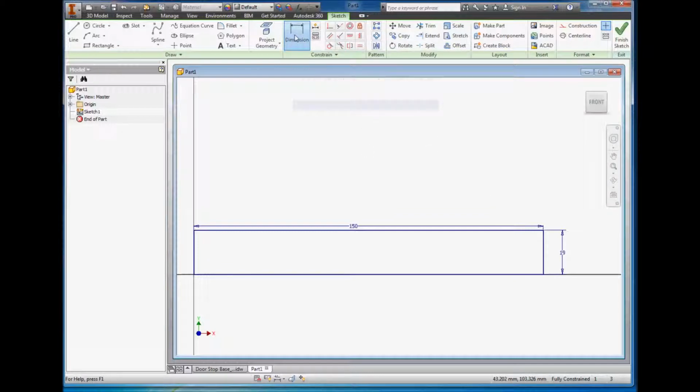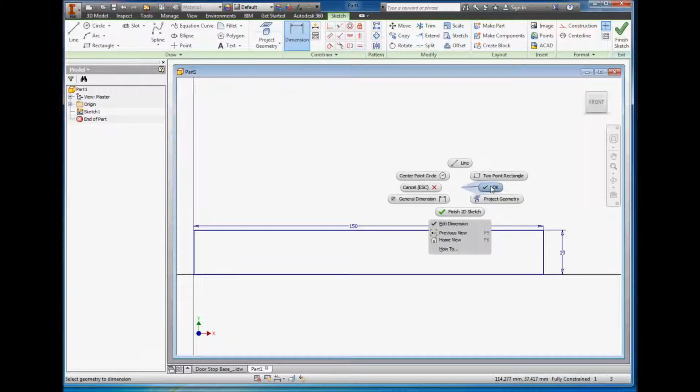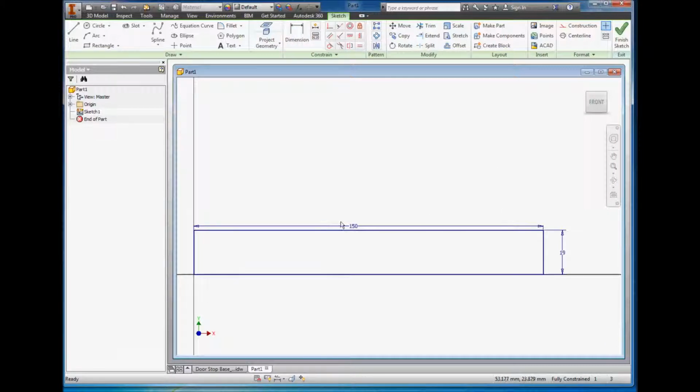The way I can exit that, either press the escape button, or if it's in the dimension mode, right click and press OK. Okay. So once you're out of dimension mode, you can click on dimension, move it around, make it neater, and that's fine. To demonstrate how this works again, I'm going to delete this one, click on the 19 one,